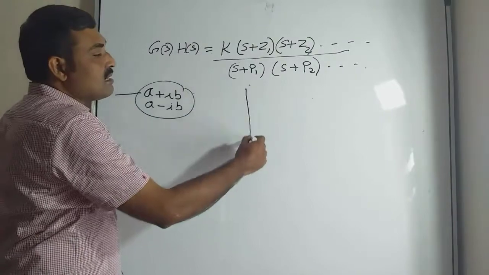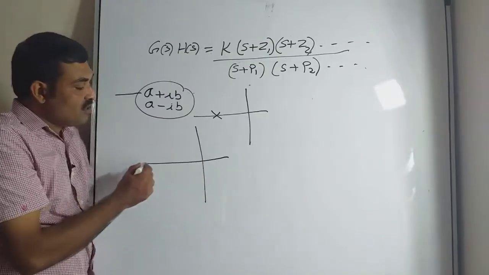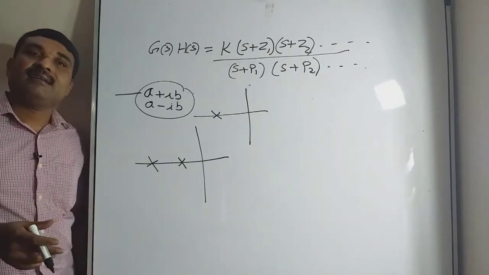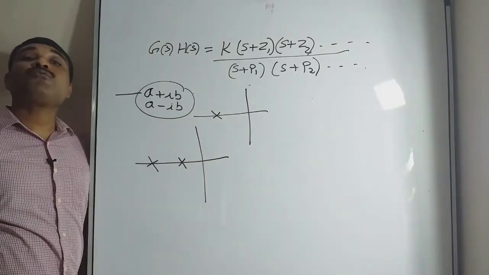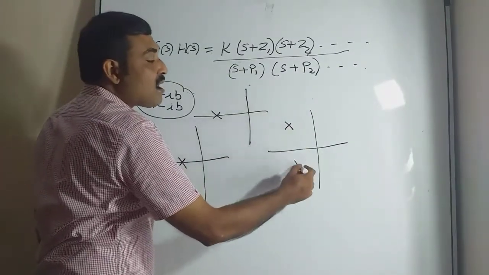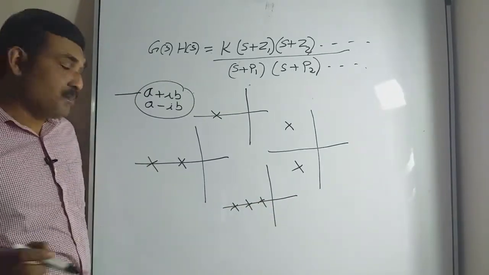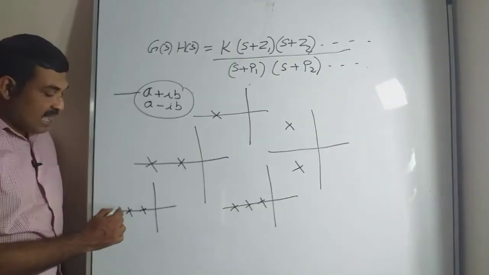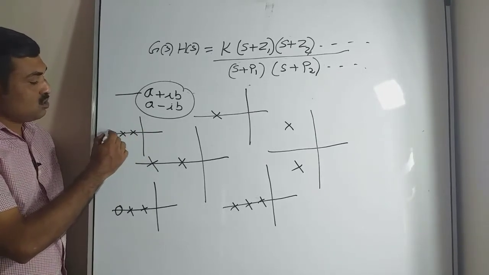So suppose we have only one pole. Then what is the shape of root locus? Suppose we have a pair of poles, 1 and 2, lying on the real axis. Then what is the shape of root locus? We want to find the shape of root locus without performing the complete procedure. Suppose I have a pair of poles like this. Then what is the shape? Suppose we have 3 poles. Then what is the shape? Or let this be the pole-zero configuration: 2 poles here on the real axis and 1 zero. Or 2 poles and 2 zeros.